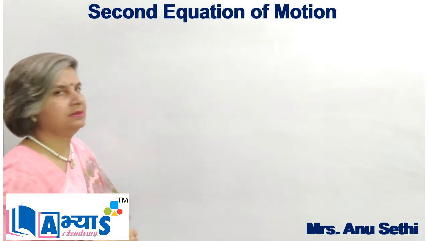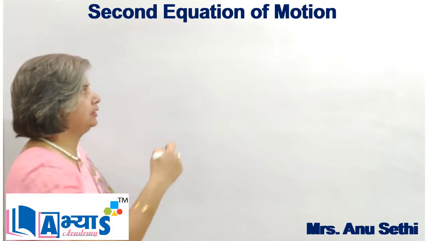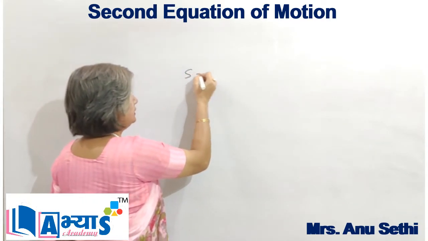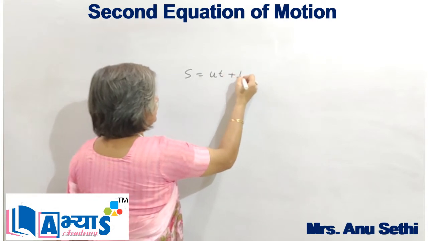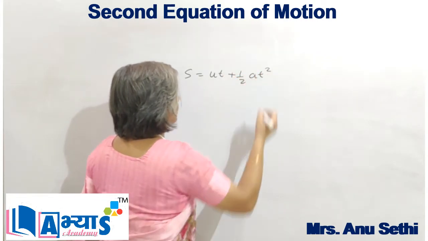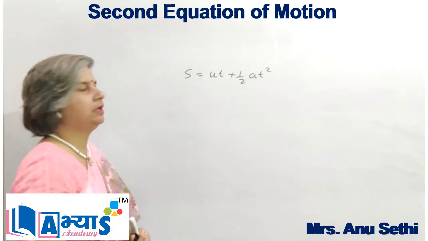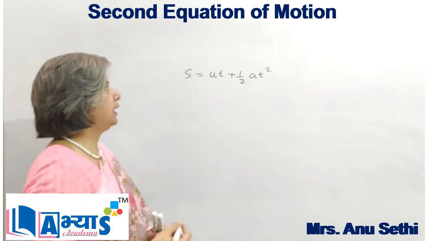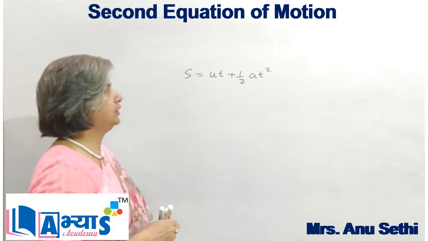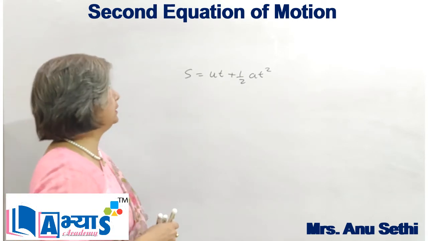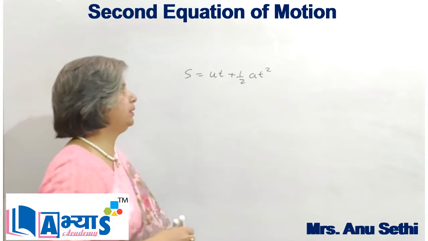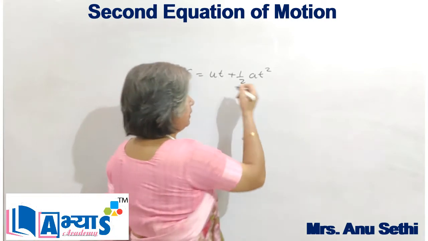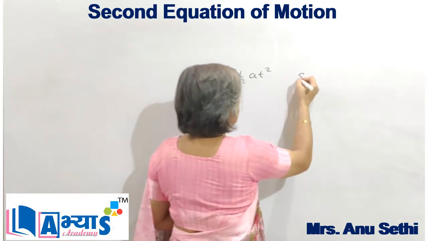Now let us discuss the second equation of motion. The second equation of motion states that s is equal to ut plus half at square. That means if an object is moving with an initial velocity of u meters per second, and time is t seconds, and the acceleration is a meters per second square, then the distance travelled or displacement will be s, and it can be found from the formula where s is the distance